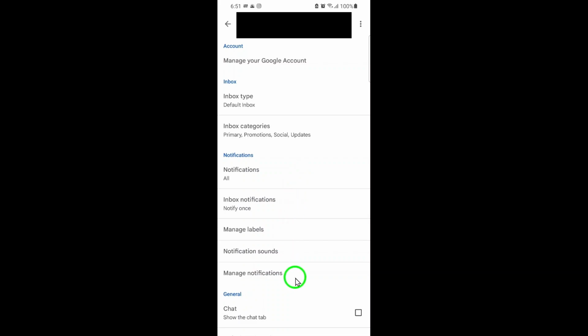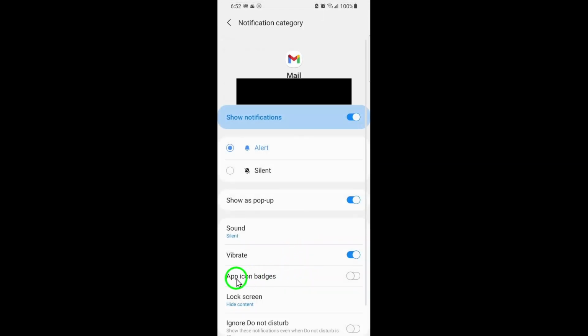Here, you'll find a toggle for app icon badges. Switch this toggle on. Once enabled, you'll start seeing a badge count on your Gmail app icon whenever you have unread emails. App icon badges are a great way to stay organized and make sure important messages don't slip through